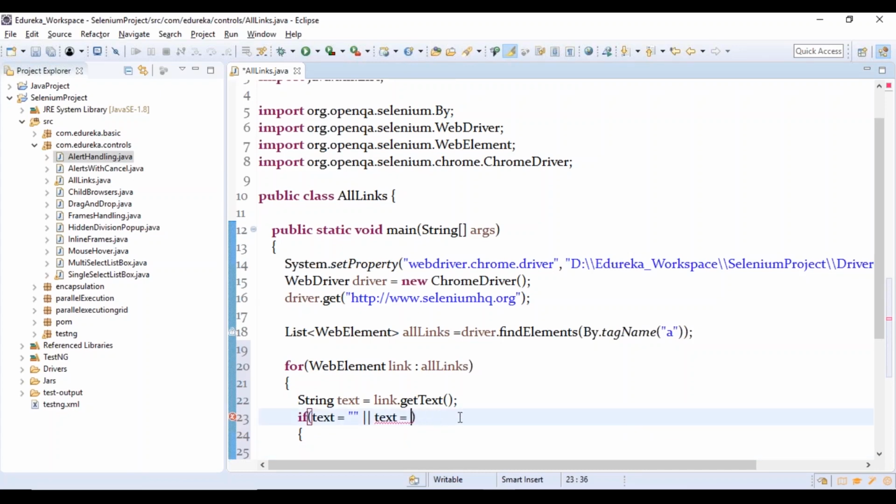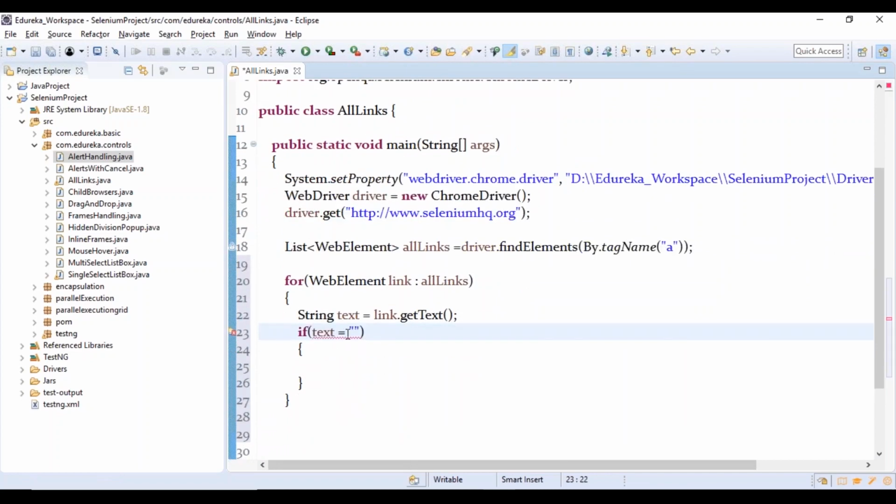Let us take, sorry, this is the problem, if the text is not equal to null, or the text is not equal to blank. Oh, this is the one, I'm sorry. All right, so not equal to, and then you're going to print your text.